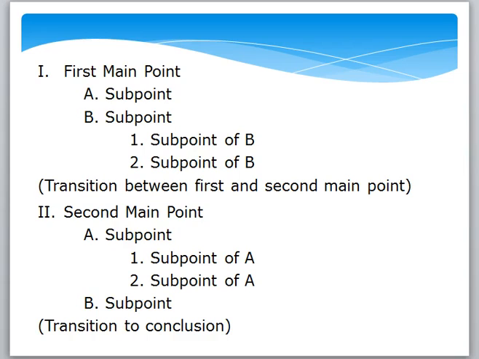Once you've completed talking about the main point, you would have a transition statement between the first and the second main point. This allows your audience to know that you are moving on to a different topic. So going back to our example about growing vegetables, I had green beans, tomatoes, and cucumbers. Imagine that I have finished talking about green beans. I would want some statement to let the audience know that I'm now going to be talking about, for example,